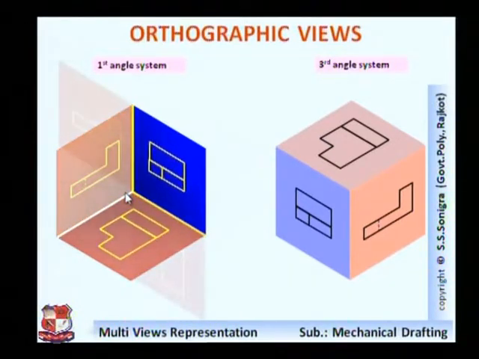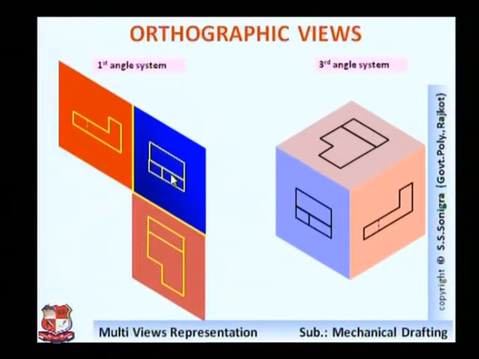You can see here, this is opened. So this is the top view, front view, and this is the side view. So the front view is drawn above the top view, the left hand side view is drawn to the right side, and the right hand side view is drawn to the left side of the object.